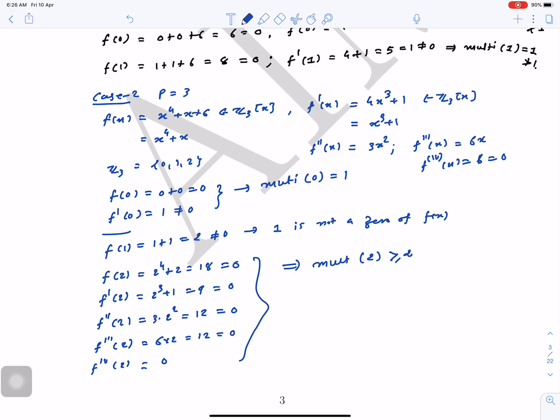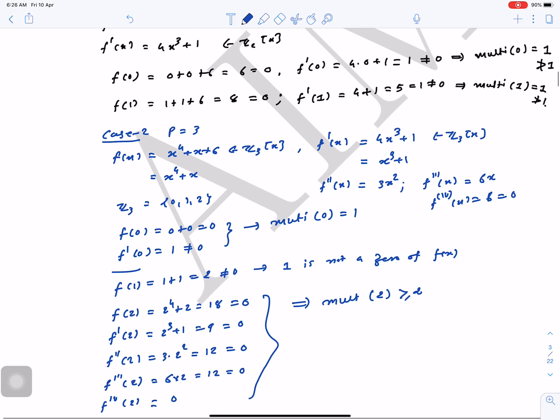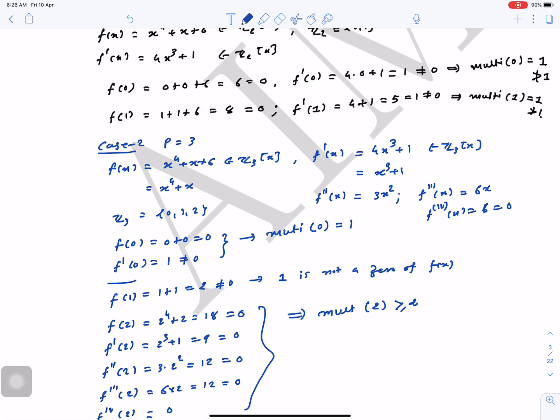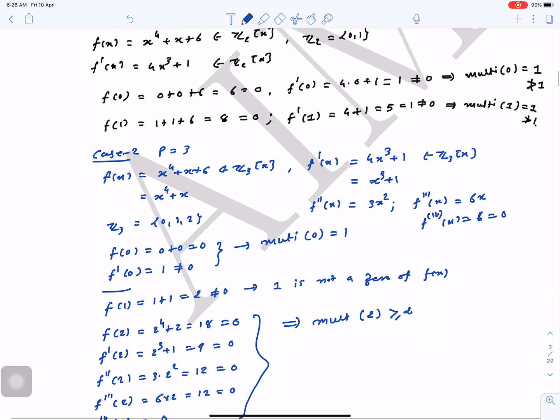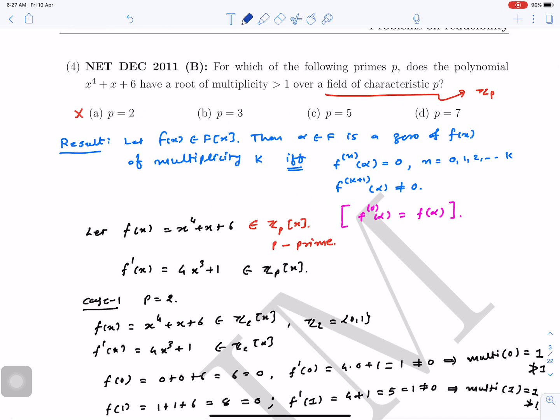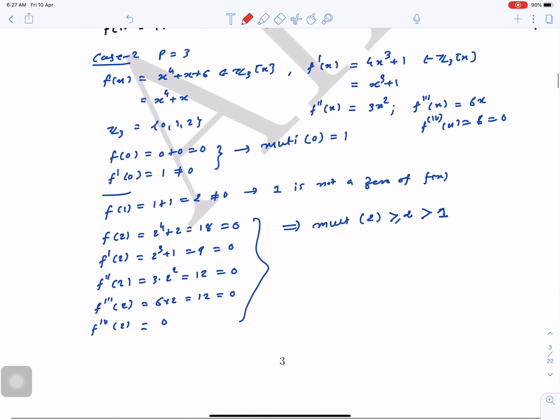So we have a 0 of the polynomial over Z3 whose multiplicity is greater than 1, so it is strictly greater than 1 also. So option B is correct. For p equal to 3, we get a 0 of the given polynomial whose multiplicity is greater than 1. Now similarly,